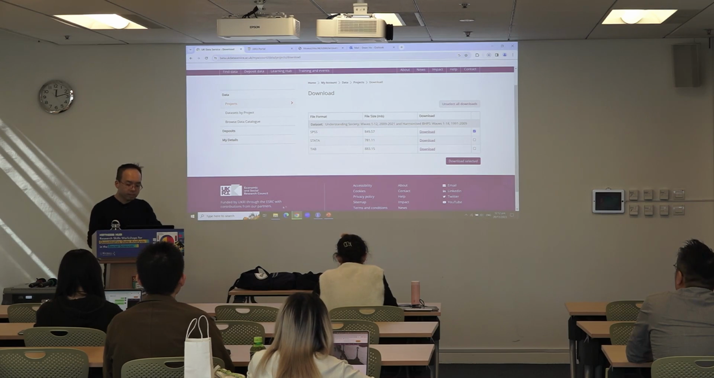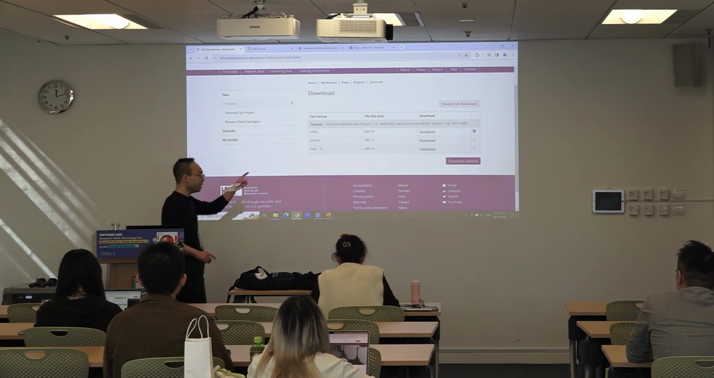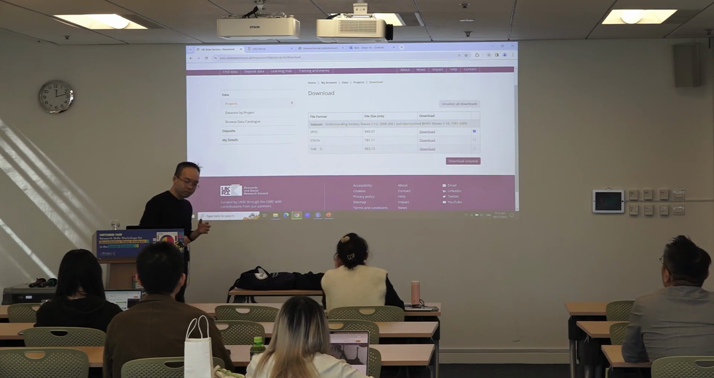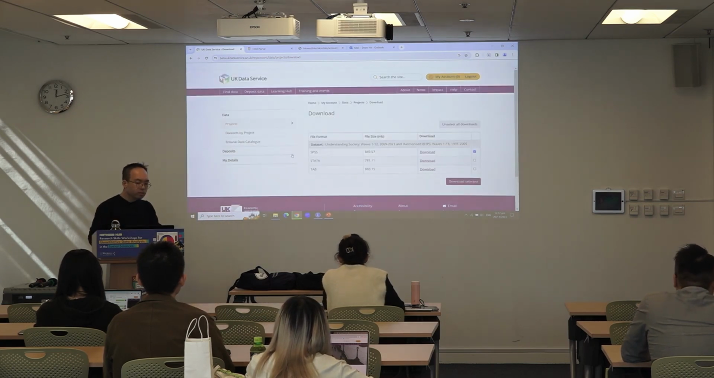I downloaded this SPSS data format. Obviously, you have the CEDA format too. If you want to go that route, that's not a problem. But in order to do that, typically speaking, you don't necessarily have to register an account on UK Data Service